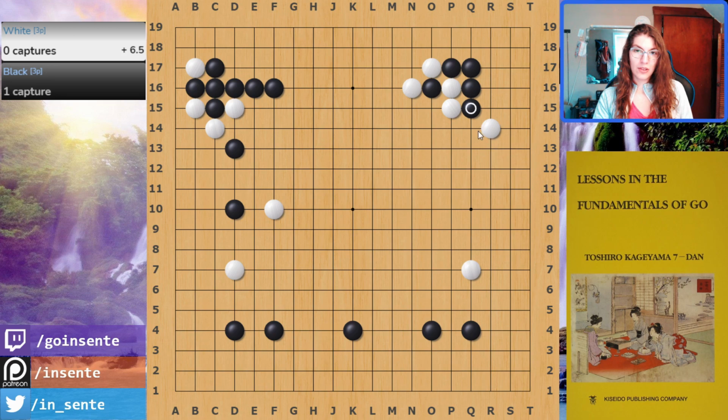And now black has a cutting point of their own to start a larger scale fight at P14. So we can see in these sorts of situations that this position here is not as advantageous as this position here. Check out the difference between this position and this position. Just burn that into your brain for a second. Here, here, here. And the difference between these two situations, and why this situation is on average better,